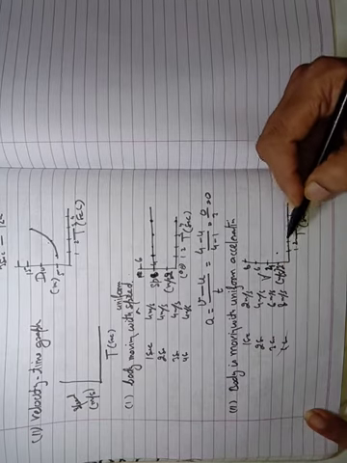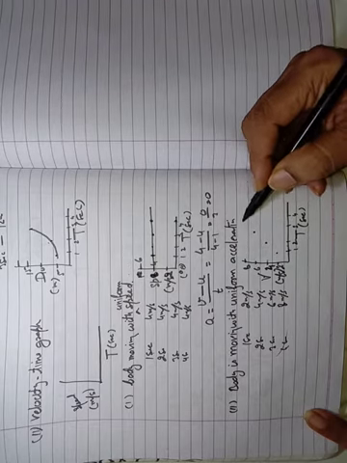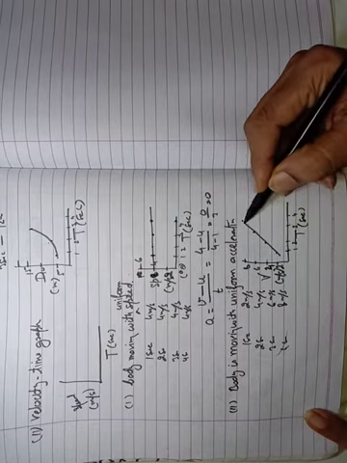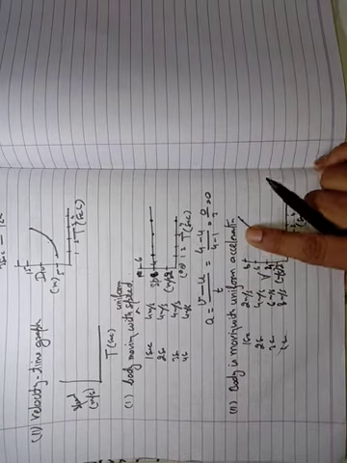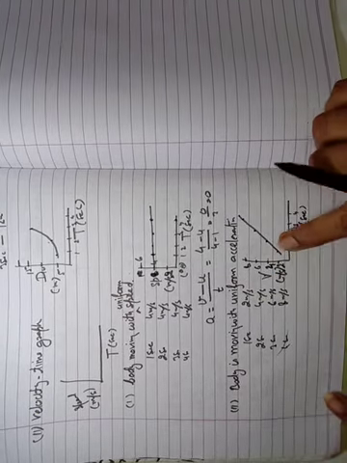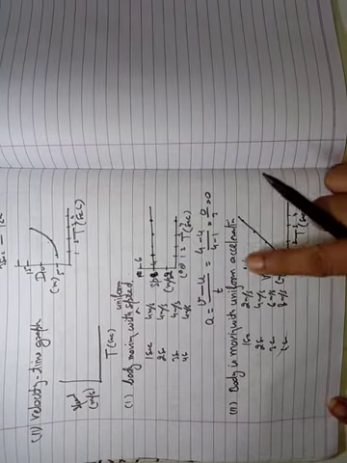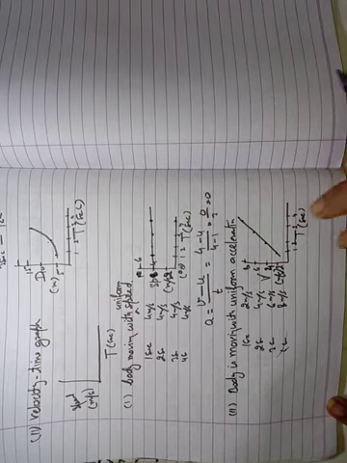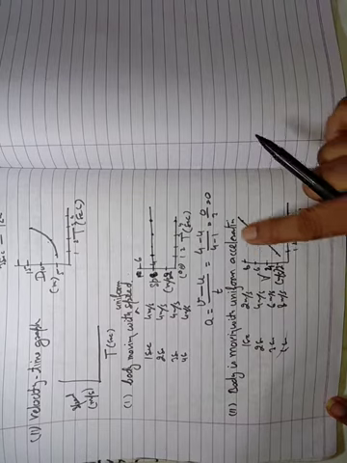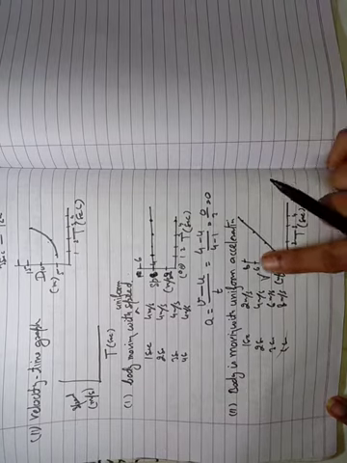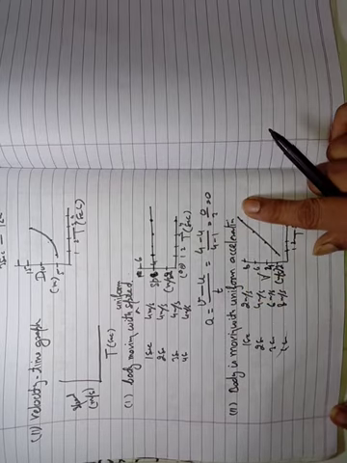In 1 second, 2. In 2 second, it will be 4. In 3 second, it is 6. And in 4 second, it is 8. So this graph is like this. It means if a body is moving with a uniform acceleration, its graph is a straight line but not parallel to the time axis. This type of graph shows that the body has a uniform acceleration. It means its velocity changes equally in equal intervals of time. This is the graph of uniform accelerated motion.